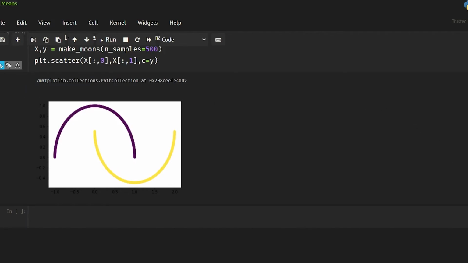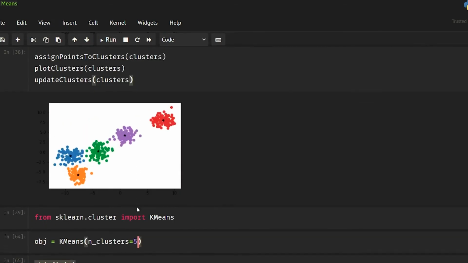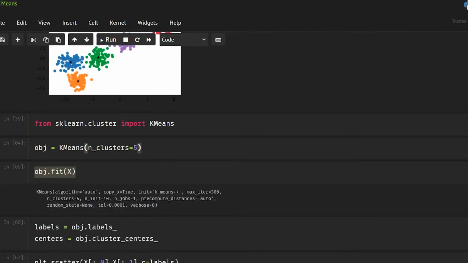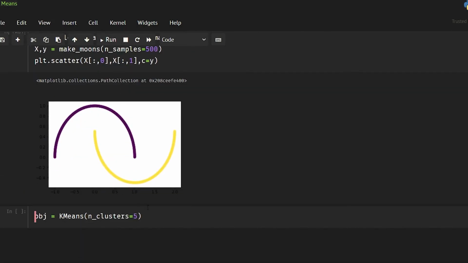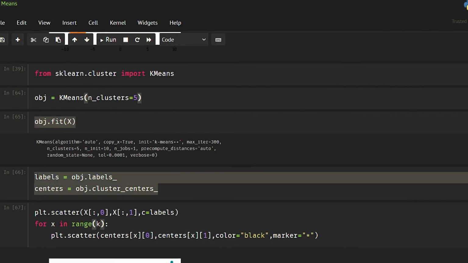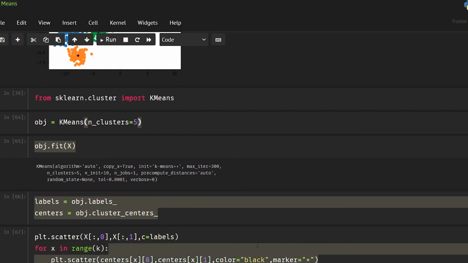So now as you can see here, we have this. If you apply k-means plus plus on this data set, then it is not going to work at all. So let me apply this again. In this part we only want 2 clusters. We want this and we want this.